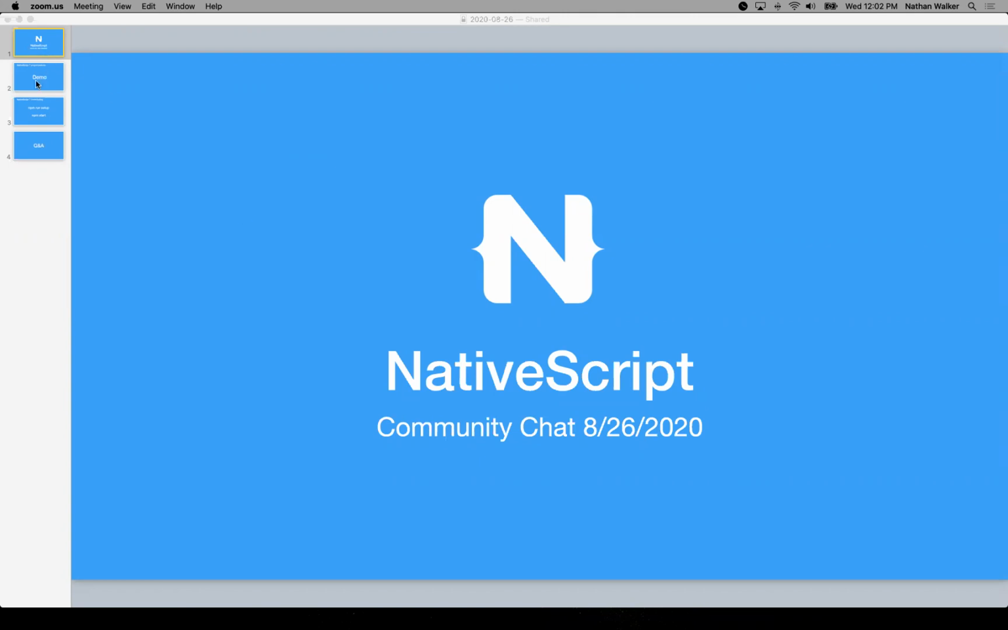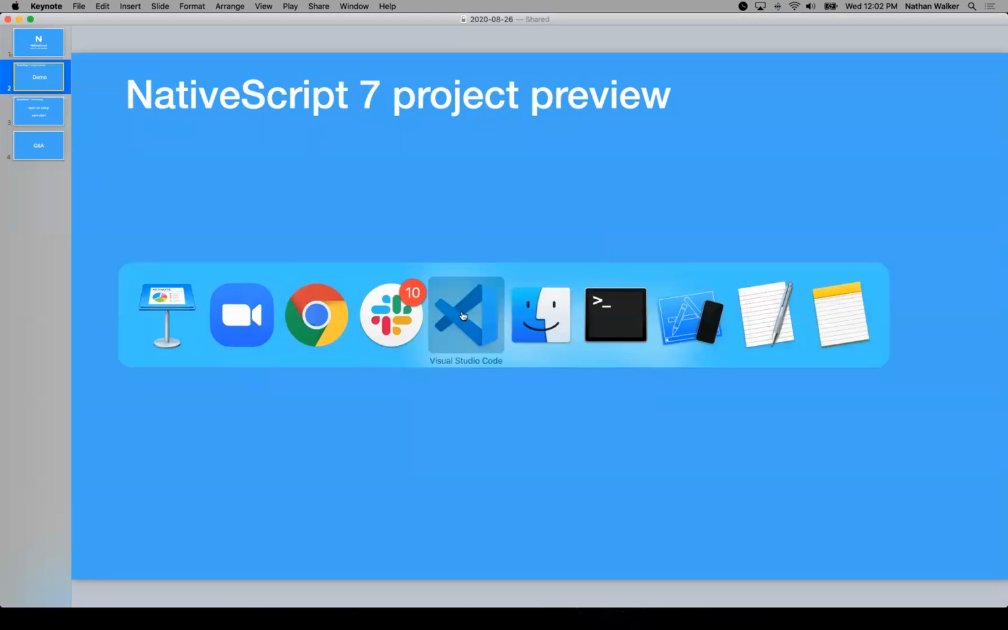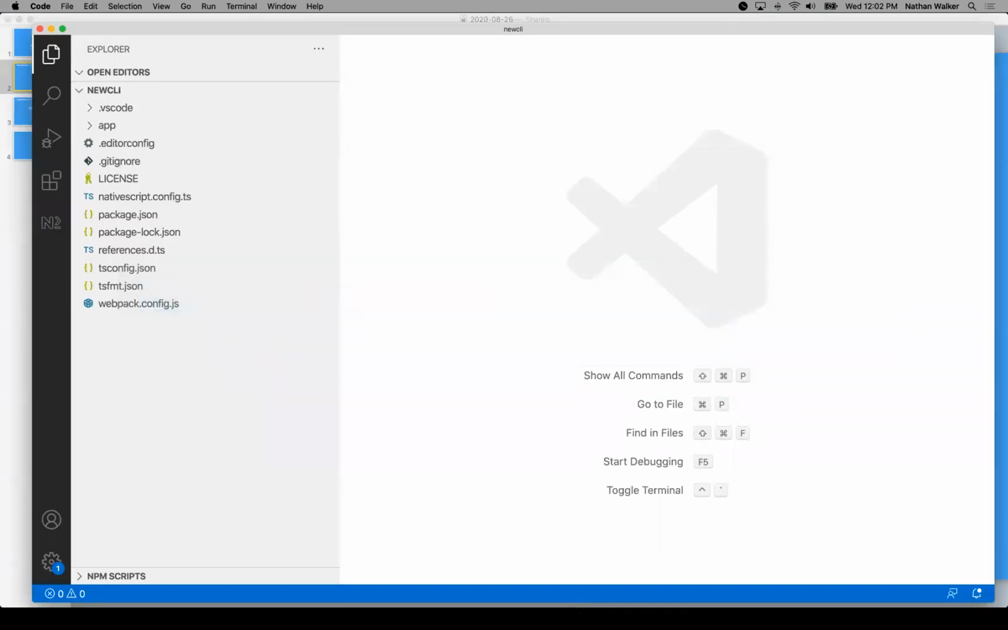A couple updates and a preview of a NativeScript 7 project to set some expectations for the 7 release that is going to happen Monday at the end of the day. So we are going to bump out the 7.0 release at the end of the day, Monday. And we're going to take a look at just an actual NativeScript 7 project and just look at the main